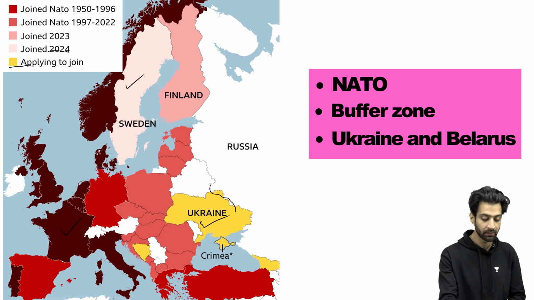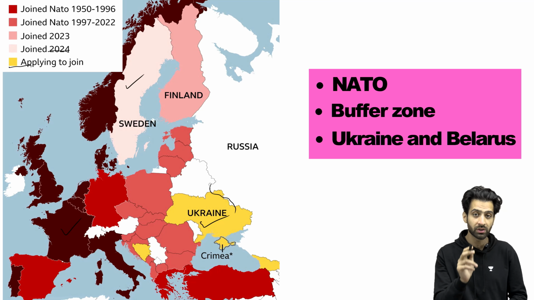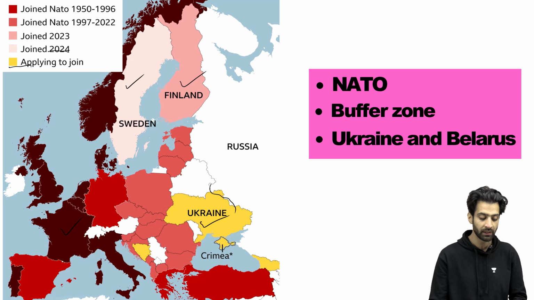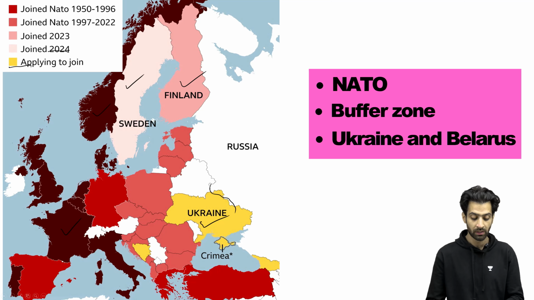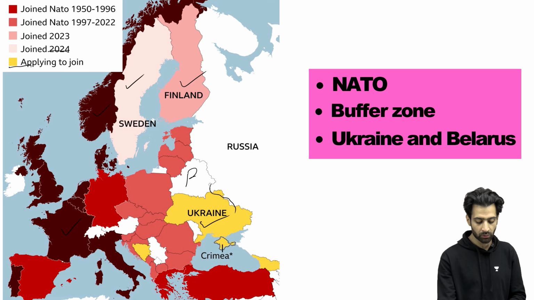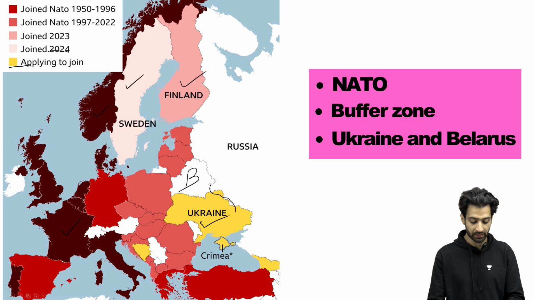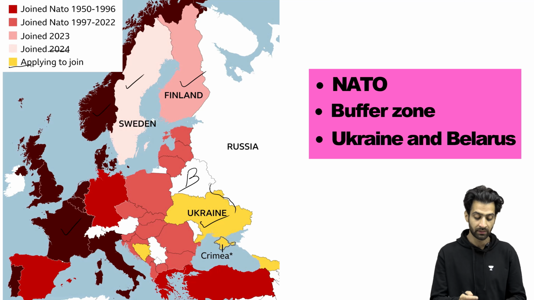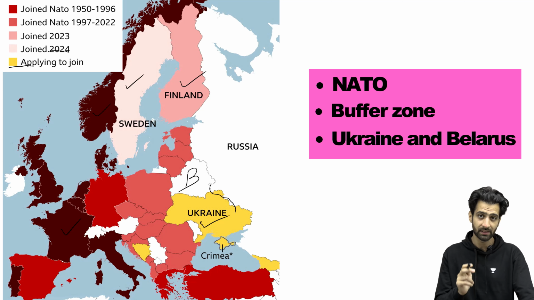If you look at Sweden, it also joined NATO in 2024. Finland has already joined and Norway was a founding member. So, except for Belarus, all the other nations that share borders in the European continent have started to join NATO, and almost all of them have joined NATO as of now, 2024, except for Belarus. Now, this was one reason why Russia invaded Ukraine.